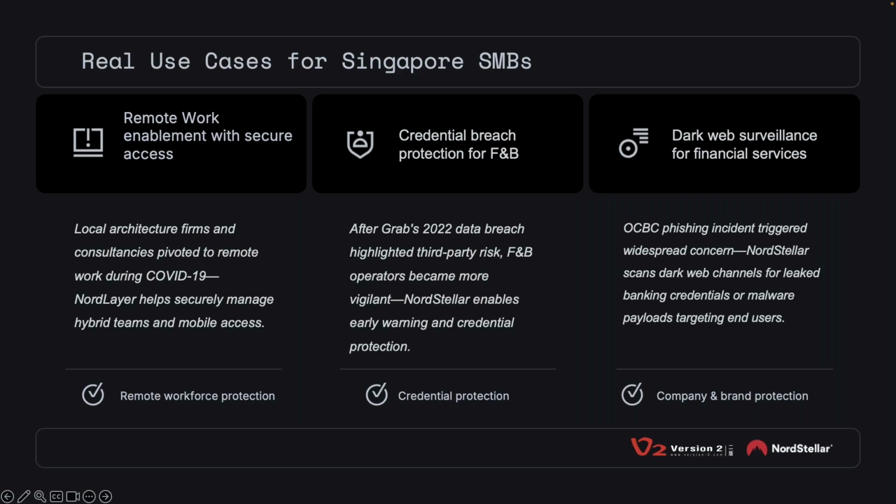Even as a company, you should know if there are any websites whose domain may be similar to yours but is not owned by you, while the site looks similar to your website. What does it mean? Of course, it's phishing, right? So NordStellar also helps you dig out such websites so that you can take some countermeasures